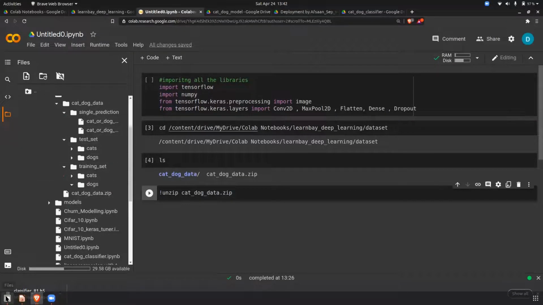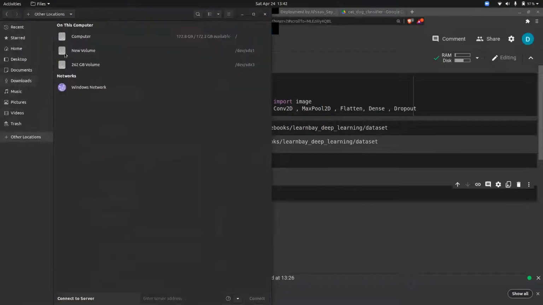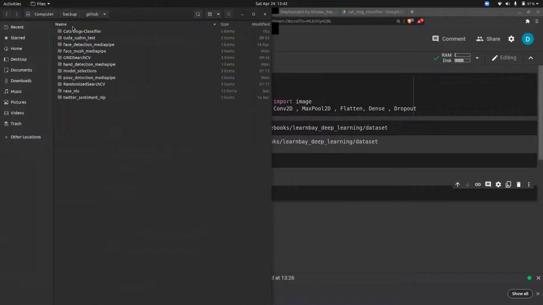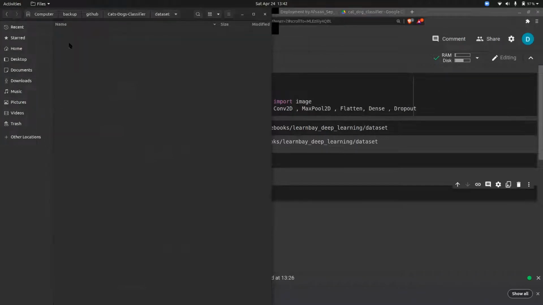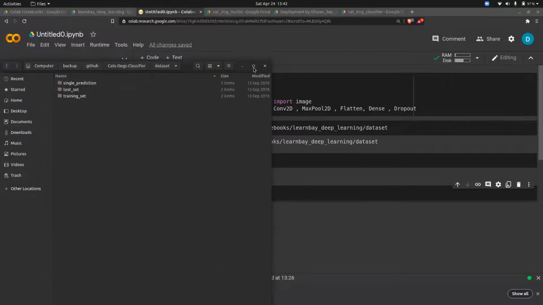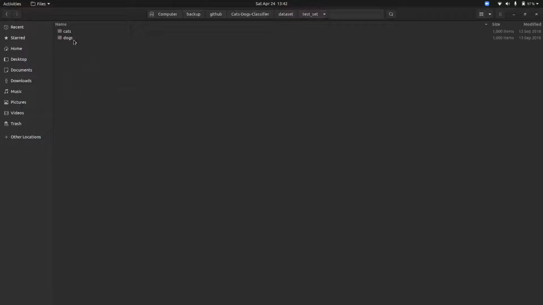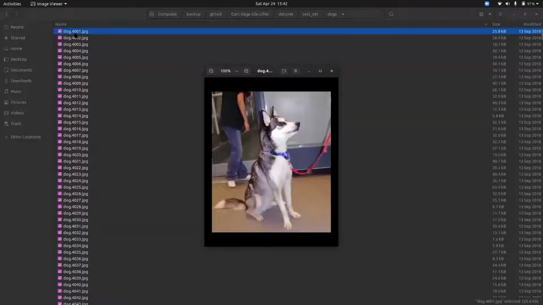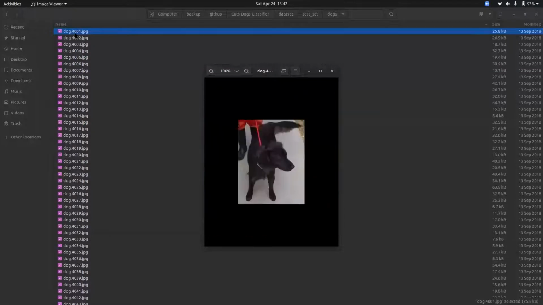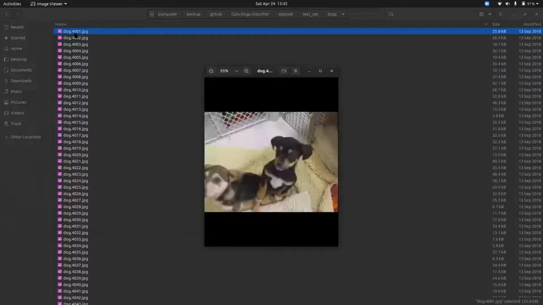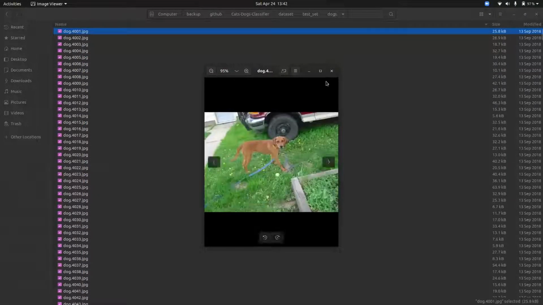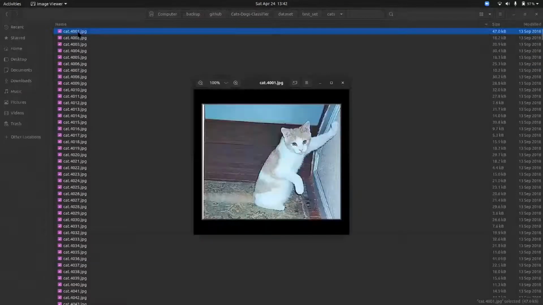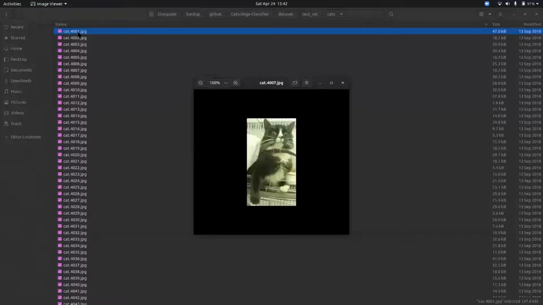Now let me show you my folder structure locally. I go to GitHub, and see, this is the dataset. I have told you that in test data you have to maintain cat and dog. When you open dog, all the images of dogs are there, and inside cat, all the images of cats are there.